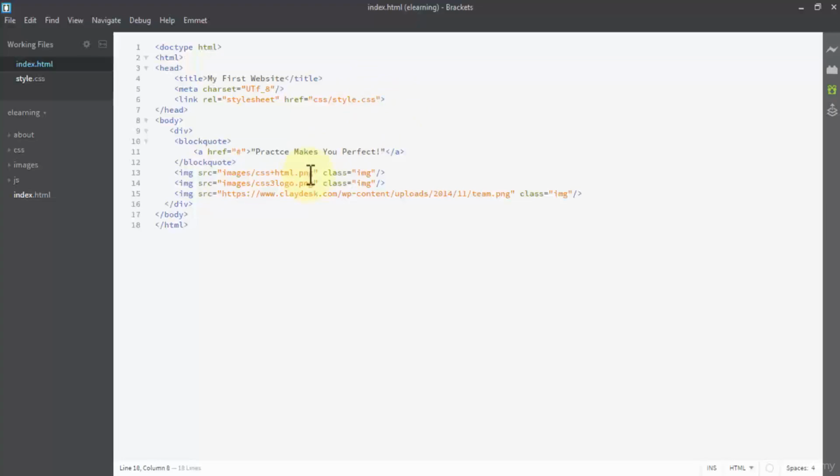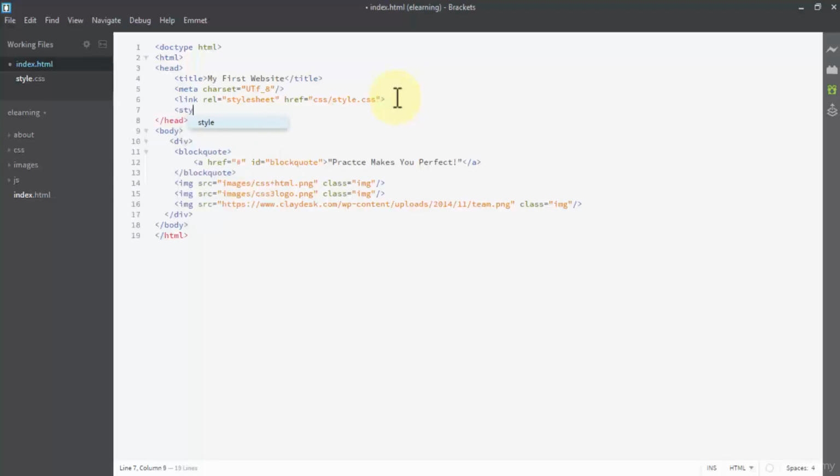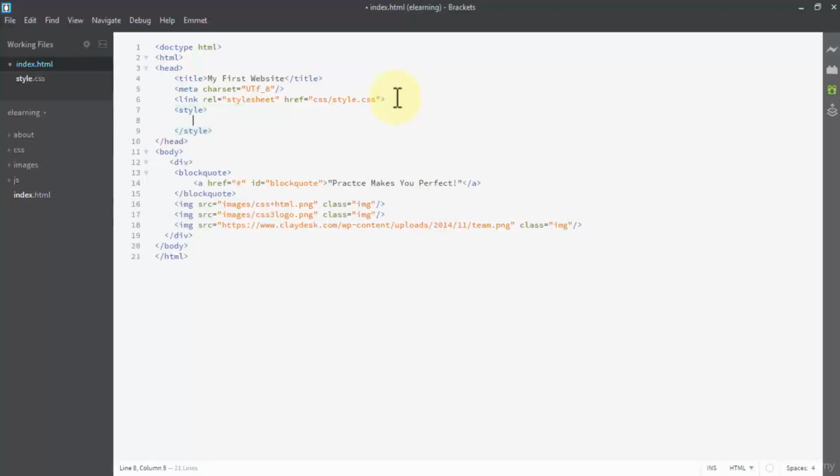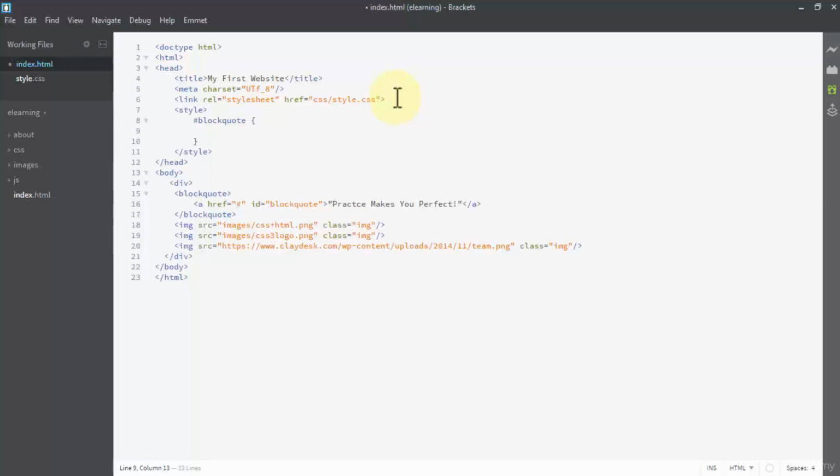So for example, if I give this blockquote an ID of, let's say, blockquote, let's save this, and inside our head tags I'm going to open up my style tags, give us some space over here, and over here I'm going to call my blockquote ID. And remember, whenever you're giving style to an ID, you always use a pound sign or a hashtag sign, whatever you call it. So I'm going to use a hashtag sign over here, call my blockquote, give some curly braces, open up my curly braces,